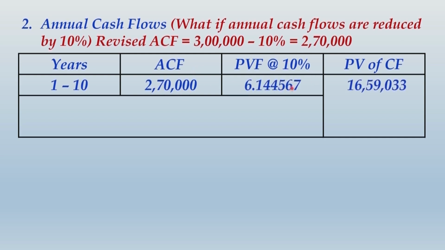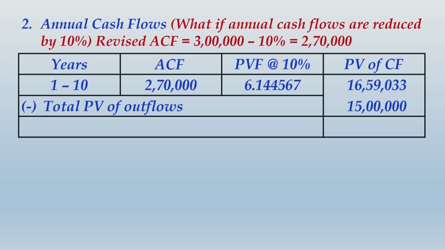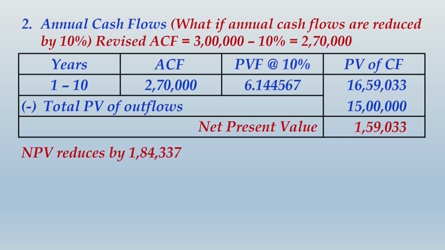So PV factor will continue to be based on 10%. Life of the project will remain 10 years. And this time, don't forget that your total PV of outflow will remain same as original, that will be 15 lakhs. Don't by mistake write here 16,50,000. So net present value comes to 1,59,033. NPV reduces by